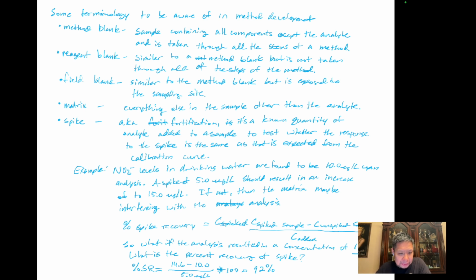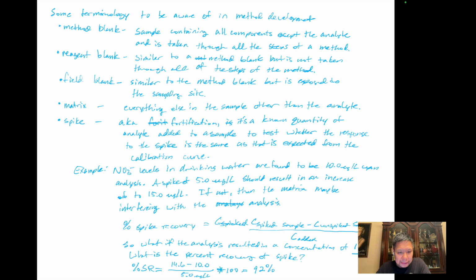So that is 14.6 minus 10, right? 14.6 micrograms per liter coming from the calibration curve, and then the 10.0 micrograms per liter from the analysis without the spike, and then divide all that by the amount of the spike added, which is the 5.0 micrograms per liter, times 100, and that gets you